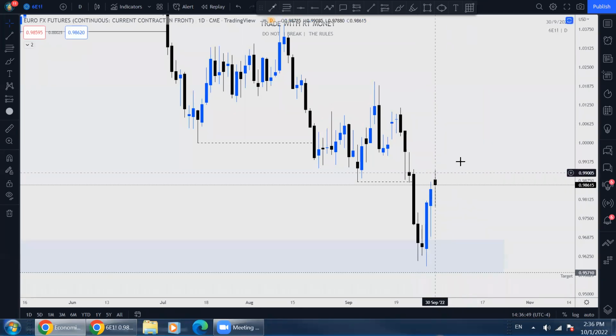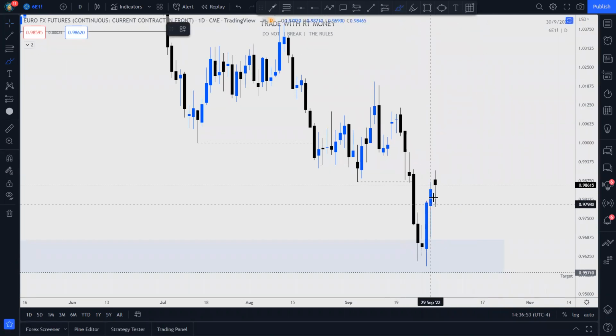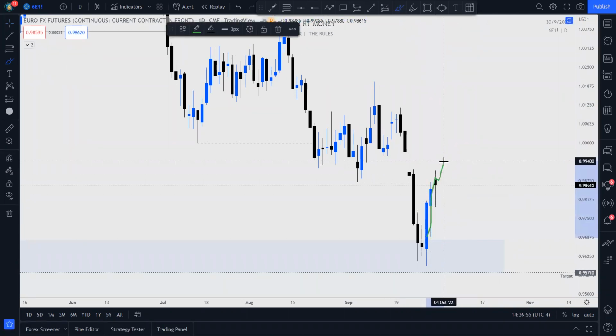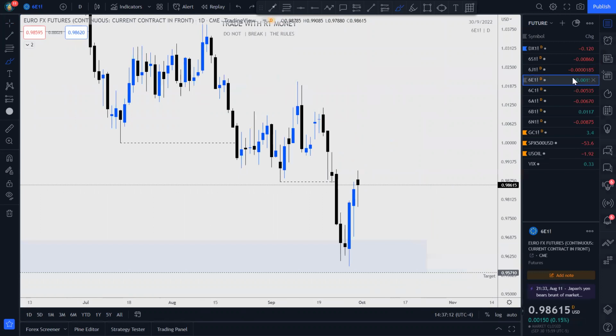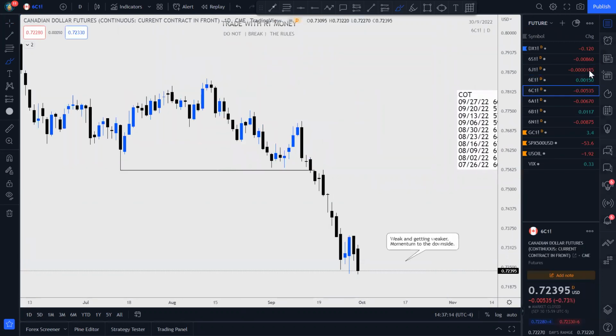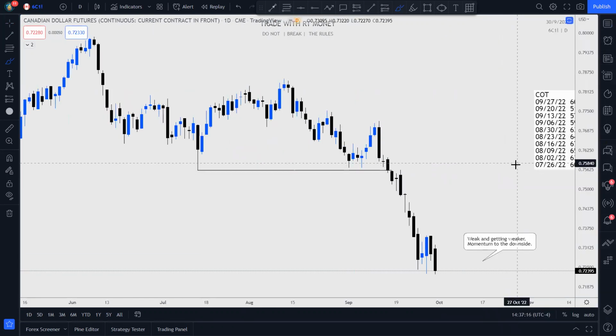Okay, so I'm looking for price to come down. All right, I'm not thinking that. I'm thinking this is a pullback, and we should get a rounding over at some point to start making our way towards this target and taking out this demand zone. All right, so let's get to our first commodity pair. I mean, not pair, but currency.